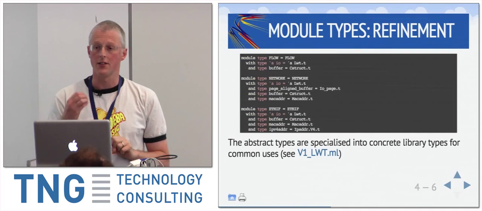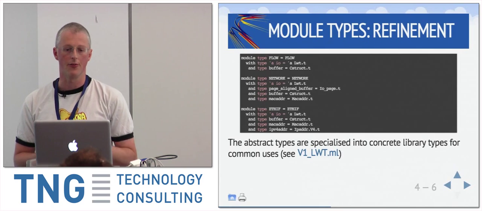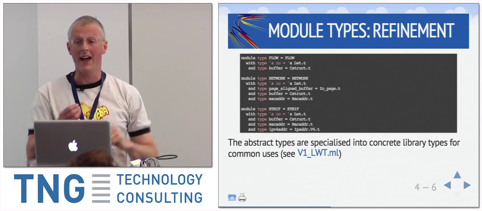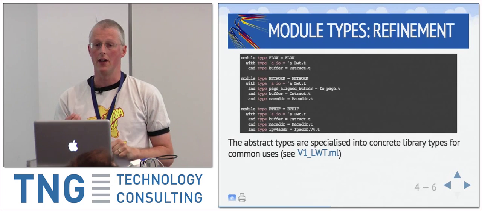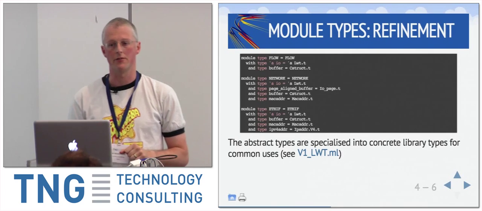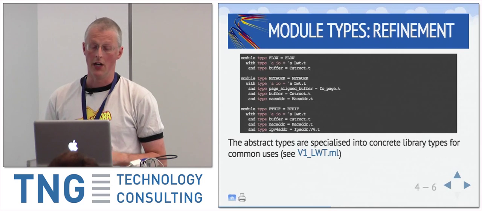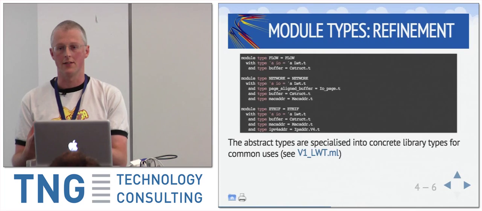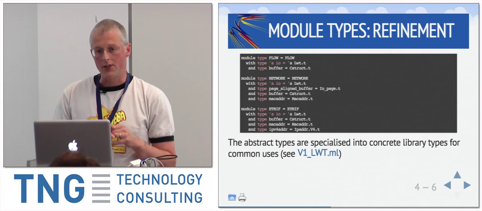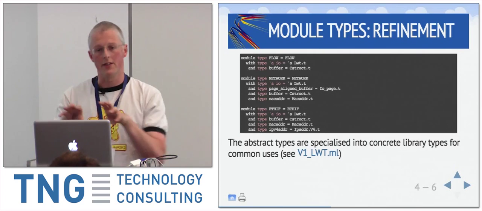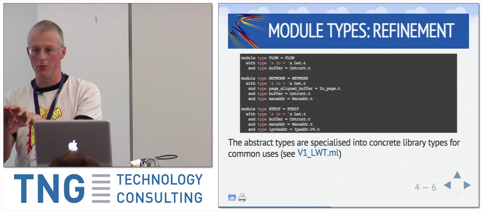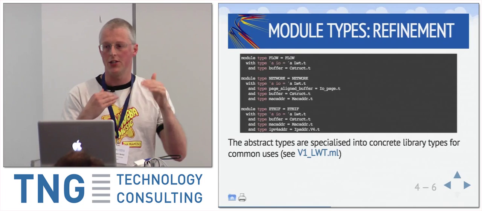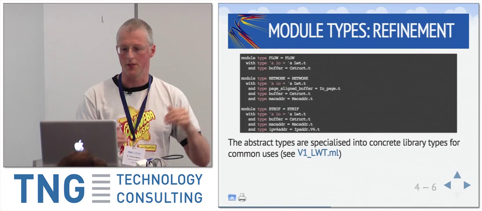You can then refine this into concrete instantiations. So you can say that a flow, the parameterized I/O type alpha I/O, might actually be a parameterized lightweight thread, so a particular user space threading library we use a lot in Mirage. And the buffer would actually be a C-struct buffer. So this is giving some concrete instantiations of these things. And so you're taking this abstract type and now saying, okay, this is the real thing that's actually going to run. This is what's going to happen in practice. And by expressing all of this, again, the compiler can check that everything is matching up and that you've not forgotten something.